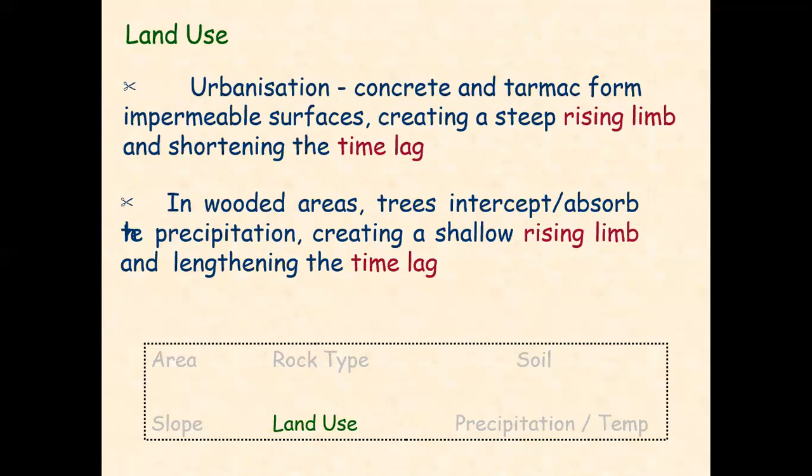Land use: urbanization, concrete and tarmac form impermeable surfaces, creating a steep rising limb and shortening the lag time. In wooded areas, trees intercept and absorb the precipitation, creating a shallow rising limb and lengthening the lag time.